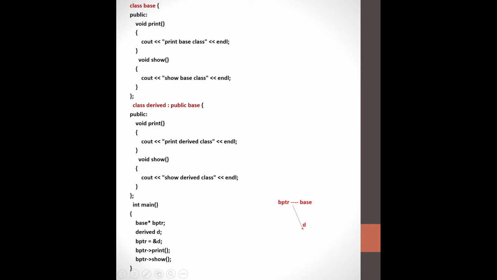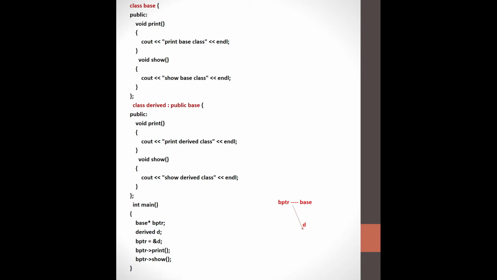You have created an object for the derived class. Next you have bptr equals ampersand d, which means you're telling the compiler that bptr is showing the address of the derived class.